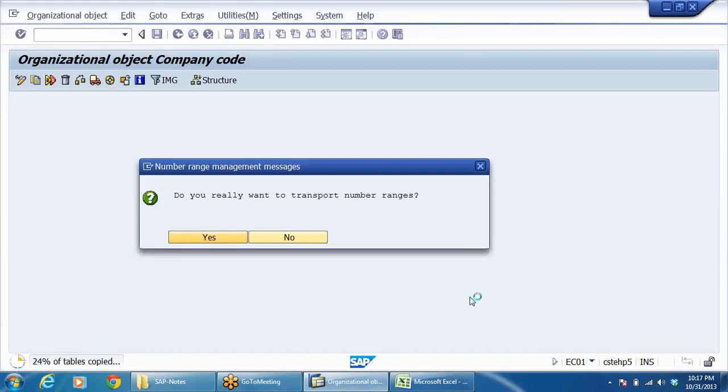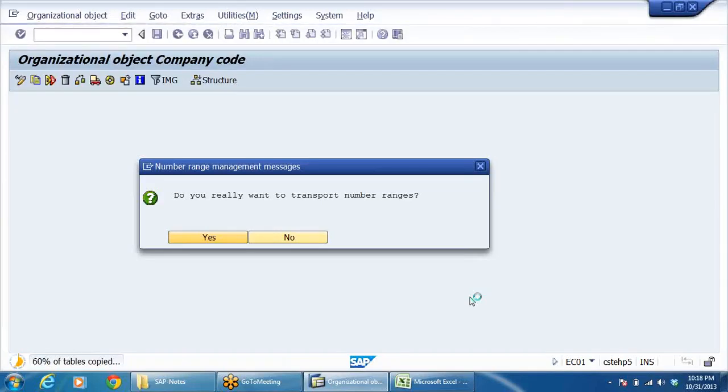So when we copy a company code, everything will get copied, and certain small modifications we need to change, but it is not going to copy asset accounting and sundry data. Sundry data will not get copied. But when you are going to create account groups, we have created customer account groups and vendor account groups. The same groups can be used for this company code also.